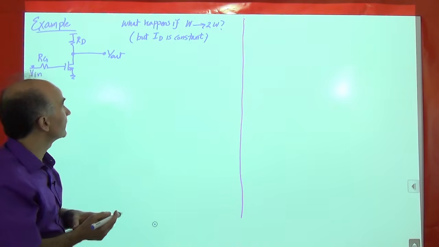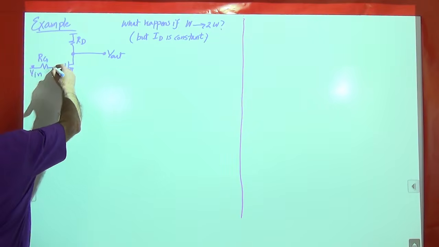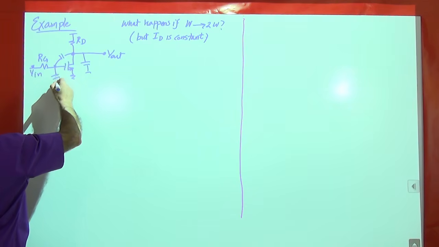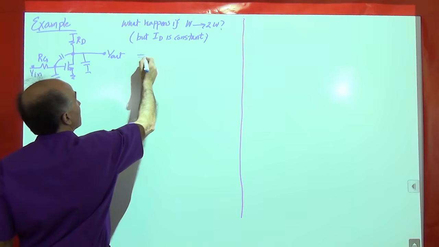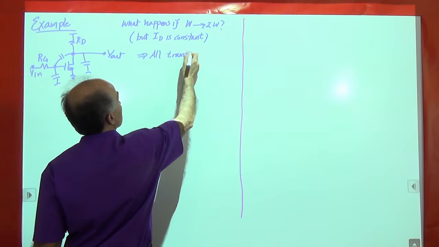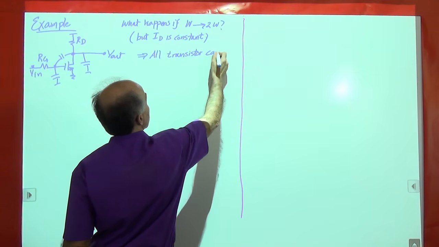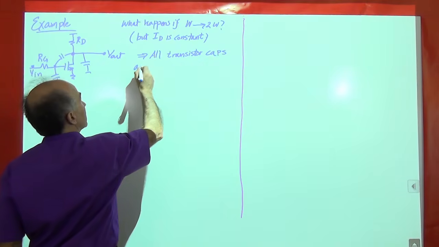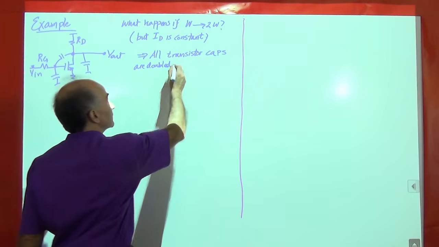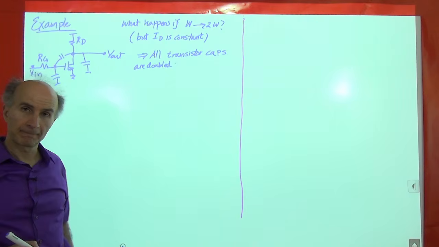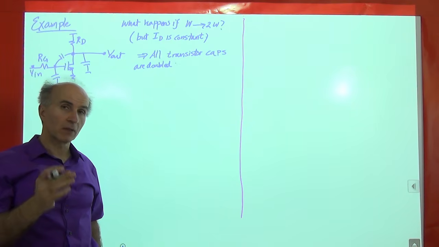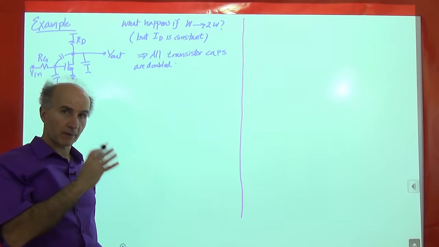All right? Okay. So, well, we have these caps. And what we know is that all transistor caps are doubled. Okay? So that's exact. When we double the width of the transistor, all of the intrinsic capacitances of the device